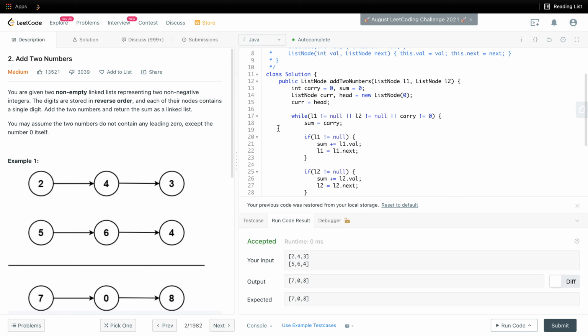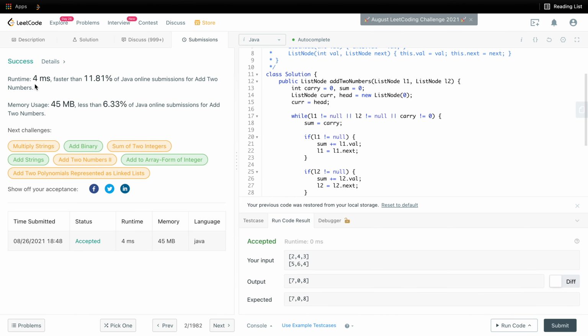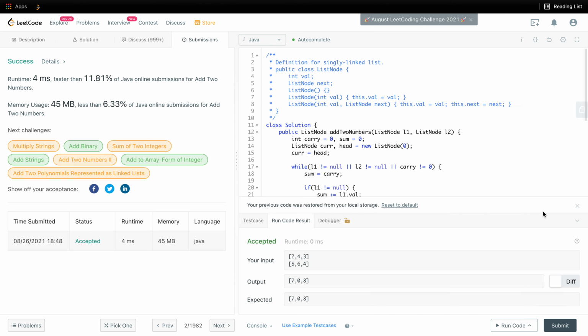Okay, sorry for this disturbance. Okay, so our solution is accepted. Let's try to submit it. So this is the correct solution. It took 4 milliseconds, and it's faster than 11.81%.